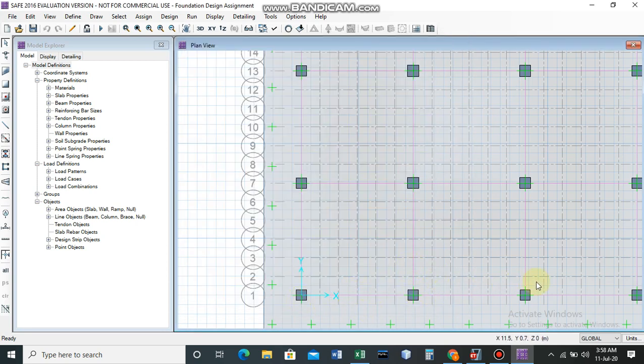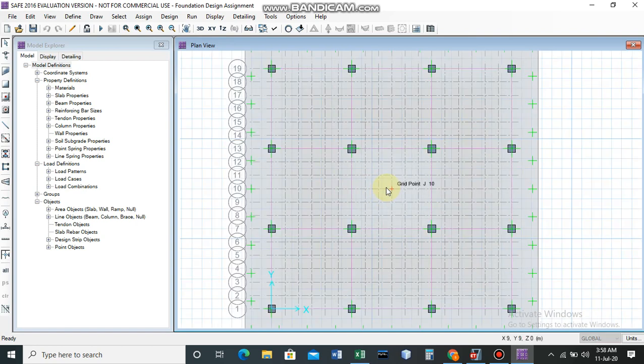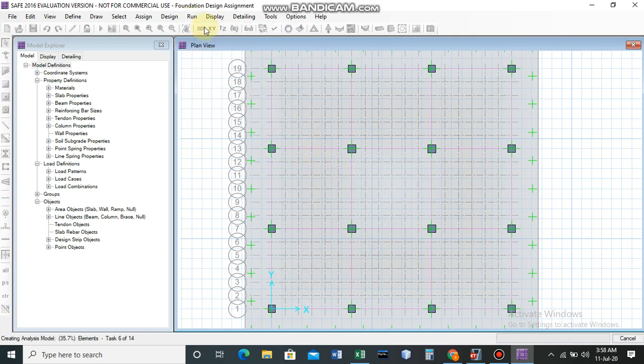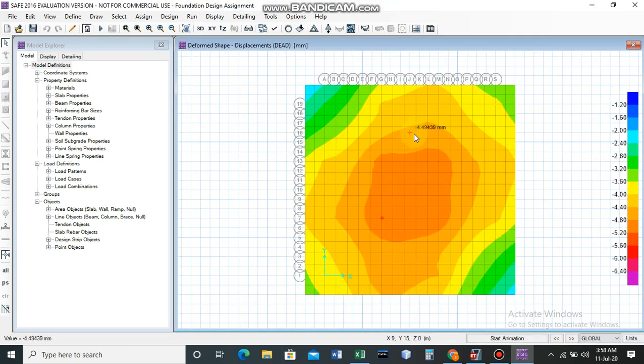Here there are 4 design strips, 4 horizontal strips A passing through each column center and 4 vertical strips B passing through each column center. Now under run, click on run analysis. Here the analysis results are by default shown for the dead load case.